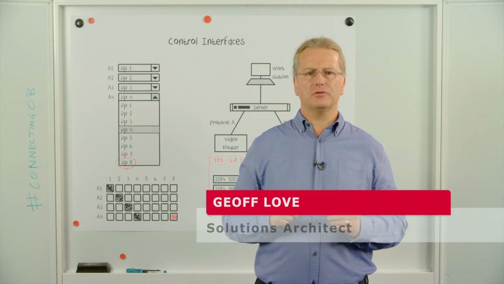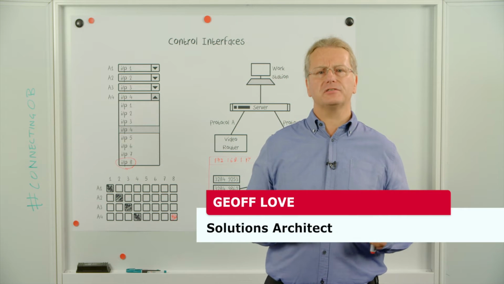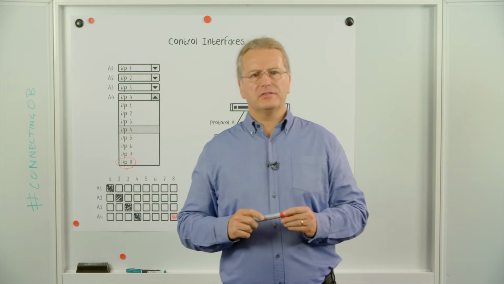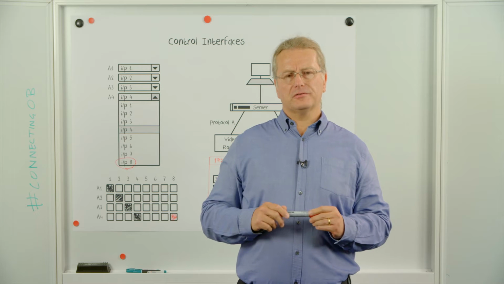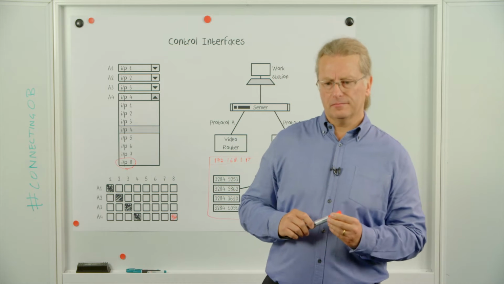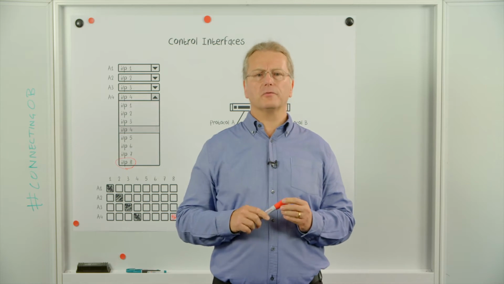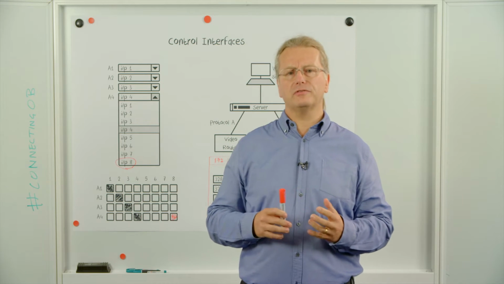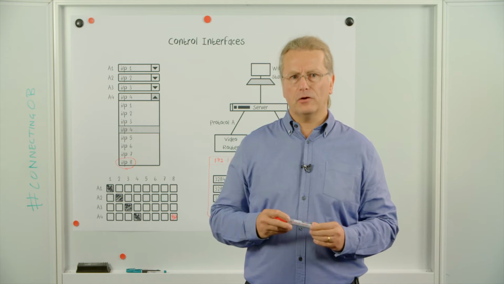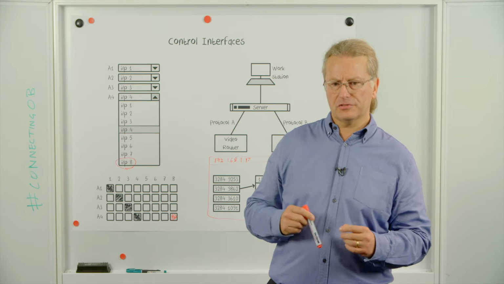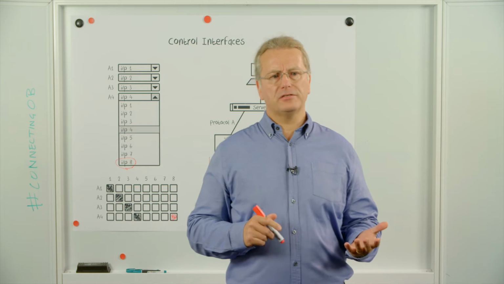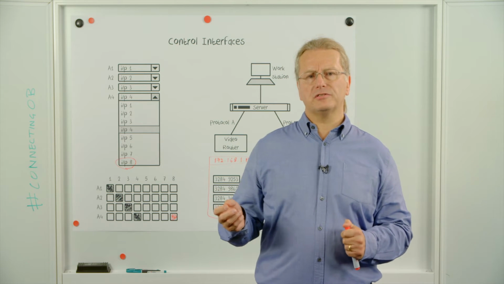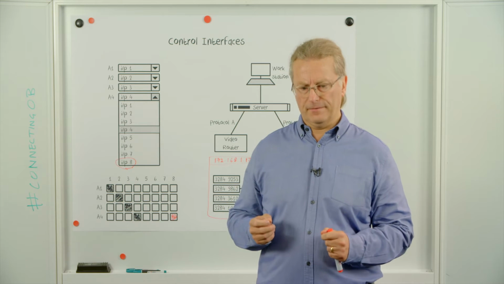Hello and welcome to episode 2 of Connecting OB, discussing the challenges of outside broadcasting. Your OB probably contains the best equipment you could find so that your programs are of the highest quality. But that equipment also probably comes from a range of different manufacturers, which means your operators are being presented with a range of different control interfaces, and often to do the same job. For instance, audio shuffling can take place in the router and also in external glue, but the control interfaces probably look and operate very differently.